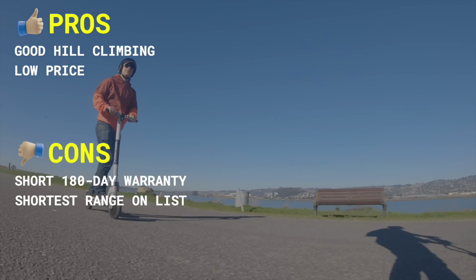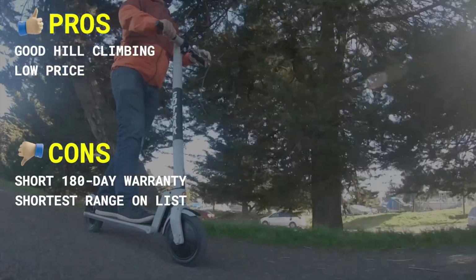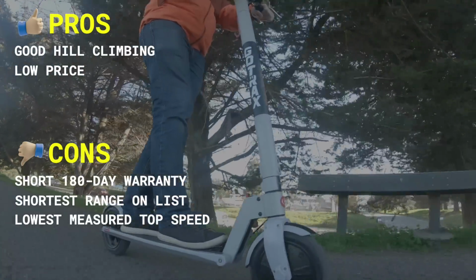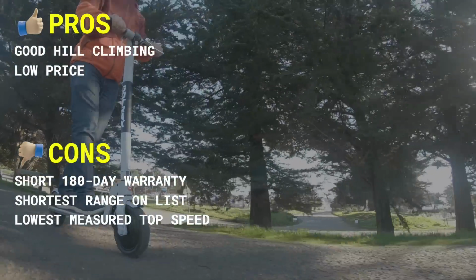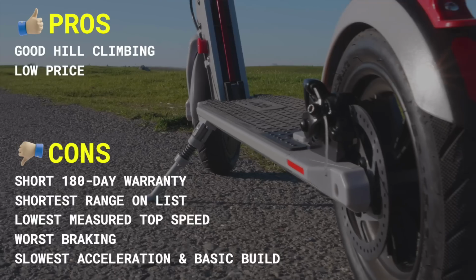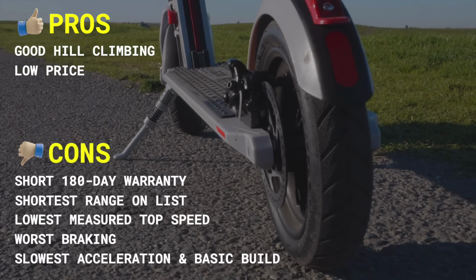Shortest range on this list, covering 10.1 miles versus a claimed 12 miles. Lowest measured top speed at 13.5 miles per hour versus a claimed 15.5. Worst braking, slowest acceleration, and a build so basic it just has a reflective sticker where the taillight should be. That said, it's still the cheapest way to get to work as long as you live less than 10 miles